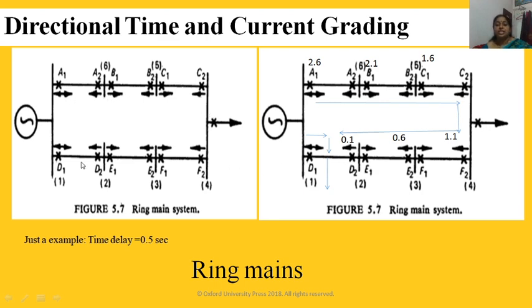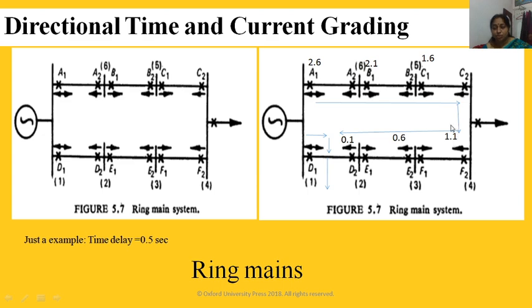Okay, now we'll see time grading in one direction. We'll consider a fault here. Now here non-directional relay, we'll start from the directional relay with minimum time. If this fails to operate, we have to do time grading, that means we have to find the last backup. So if this fails to operate, which is the next relay to operate? This one. This is F2.